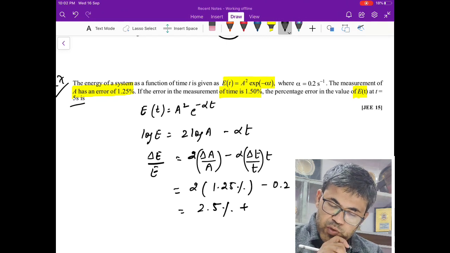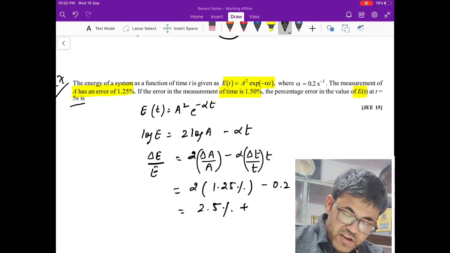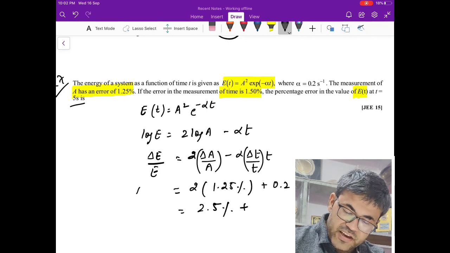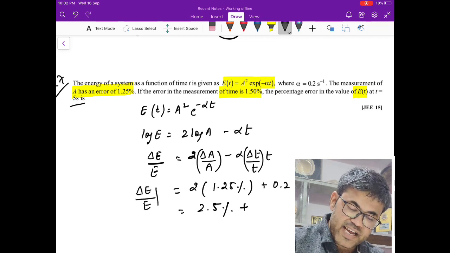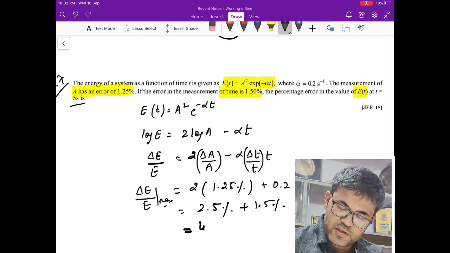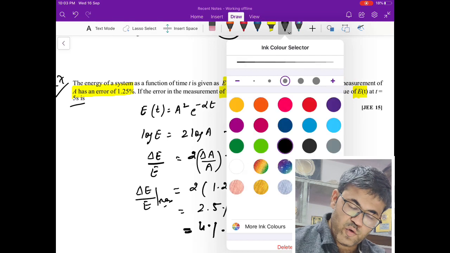And instead of minus, because we are checking, this is for the changes. For the case of error, we know error and error always add. So we can say this maximum possible error, for the error that we write, it would be positive. This was for the change. For error, it would be positive. So it would be 2.5 plus 1.5, that is 4% you can go for. So this is how you can do this. Next,